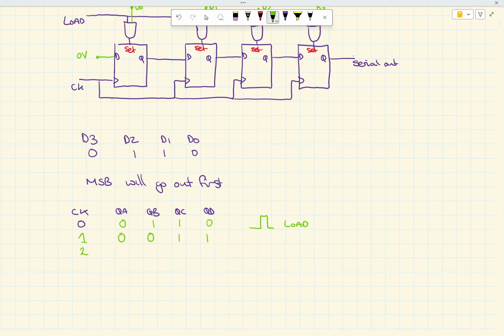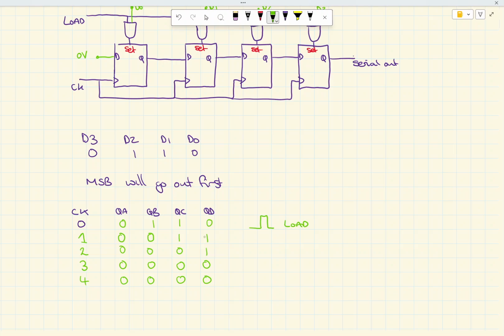So then on the second clock pulse, everything shifts down again, so that's gone now. So flip-flop C is now out, and we've got the 0s, 0, 0, and then we loaded another 0 volts in. So on the third clock pulse, we're now going to output the final 0 of our word, and then after the 4th clock pulse, we can output the 0 to say that everything has finished. Okay,